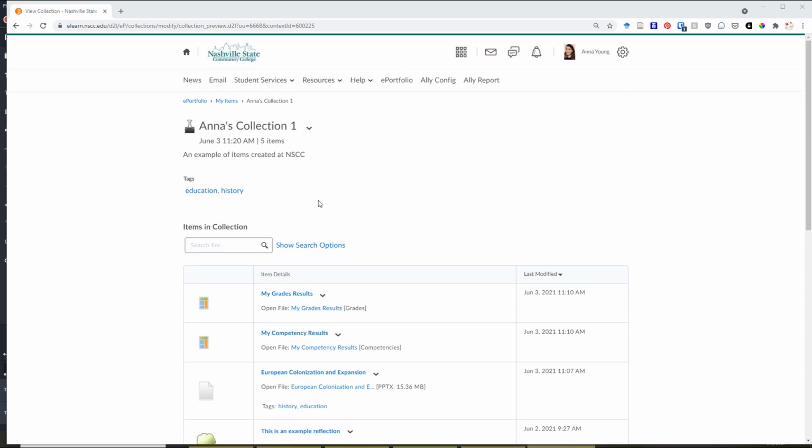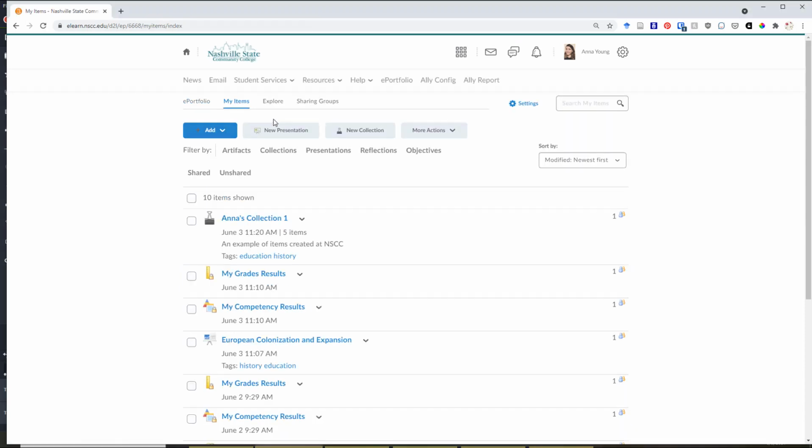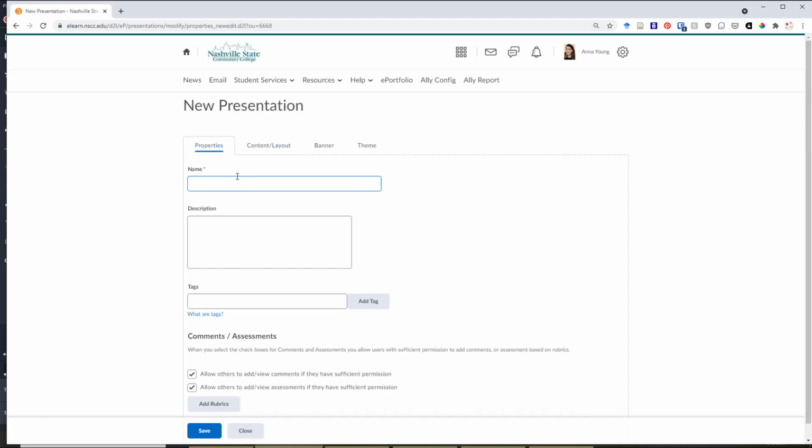ePortfolio also offers a more aesthetically engaging option for displaying items in a portfolio known as presentations, which is essentially a website where students can display their work to reviewers or to instructors who are viewing their work. So next we're going to practice creating a new presentation or a new presentation site in ePortfolio. To do that, if you're on the My Items tab in ePortfolio, you can just click on the New Presentation button. And that will bring you to a page where you can name your new presentation,